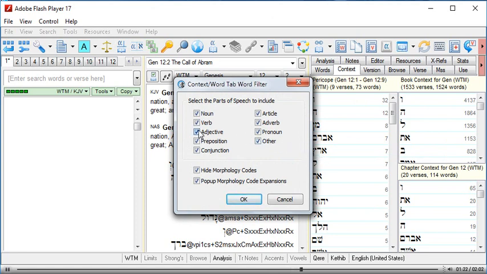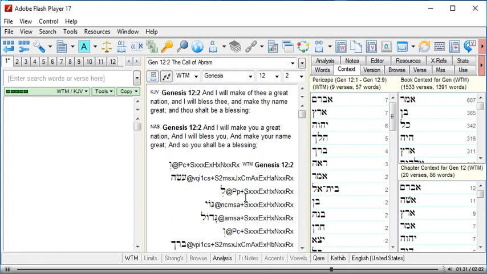Uncheck every part of speech except noun and verb. Then click OK. Selecting these checkboxes not only removes the words from the display that occur frequently, but also words that usually have